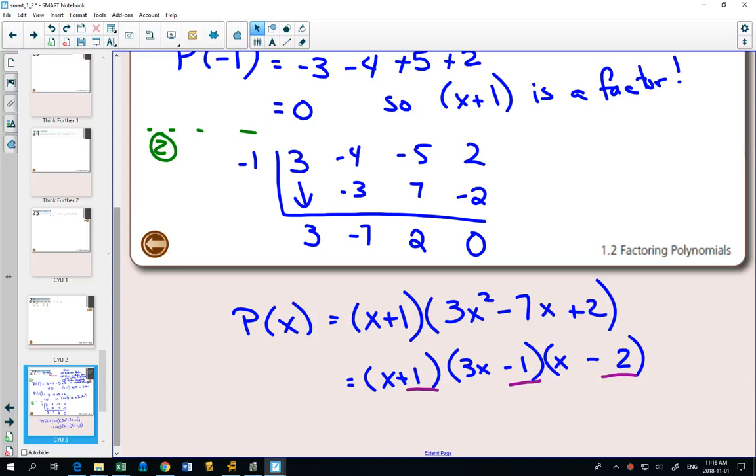If you started with an x to the 6, you'd find one factor, then have an x to the 5. Do it again. Then you'd have an x to the 4. Do it again. Then you have an x cubed. Do it again. And then you have an x squared and factor it completely. So if you change the variable each time that you have to repeat steps 1 and 2, then what